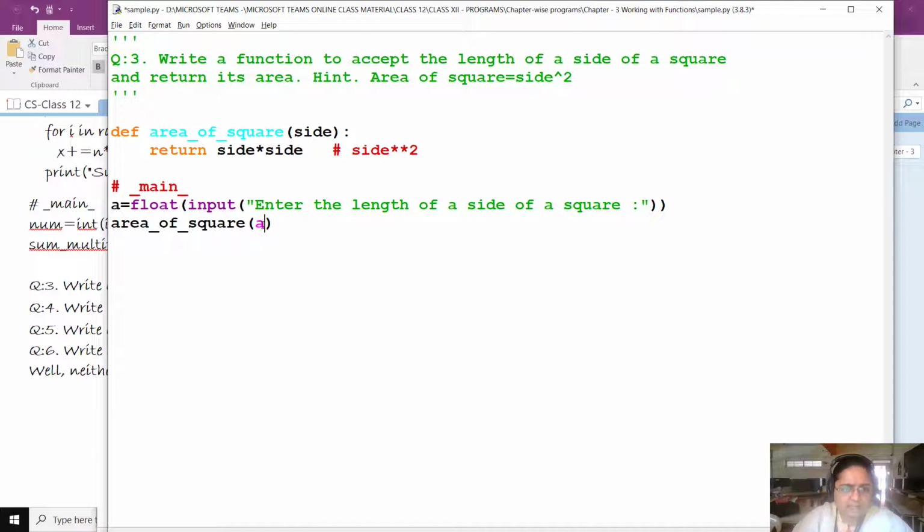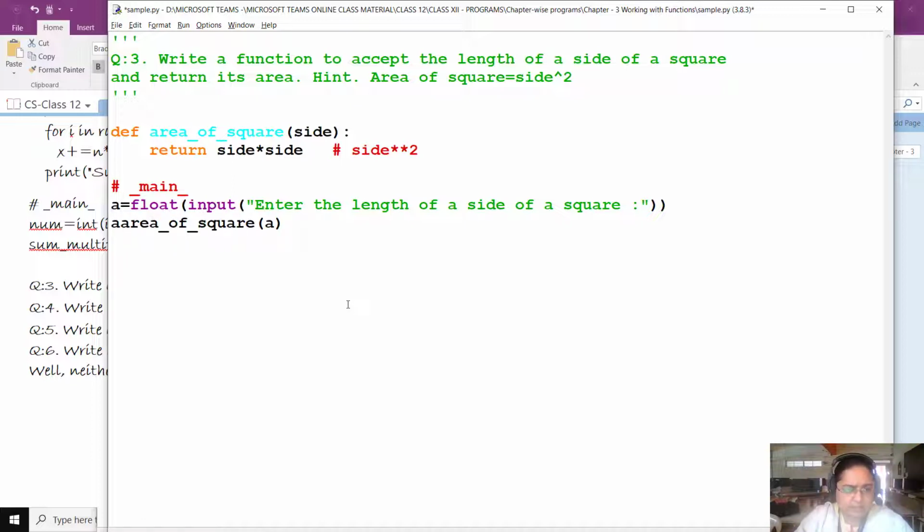So a is the actual parameter and side is the formal parameter over here. And because there is a return statement, a value will be returned from the function, so that value has to be accepted by a variable within the main area.